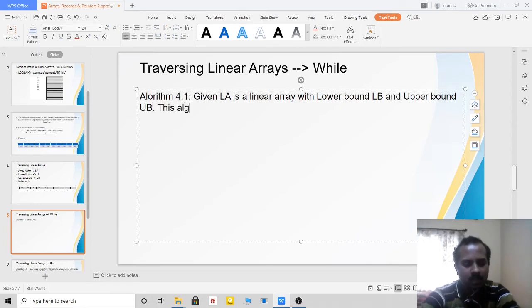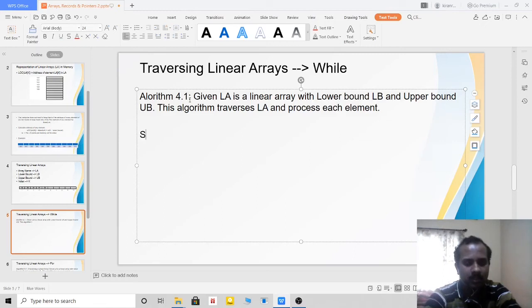This algorithm traverses LA, the linear array, and processes each element. That much is the description.